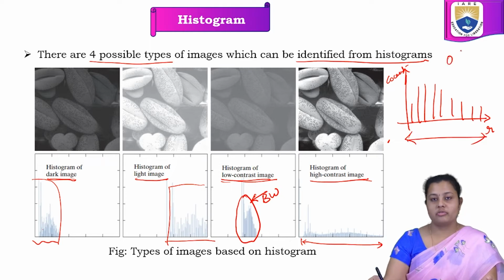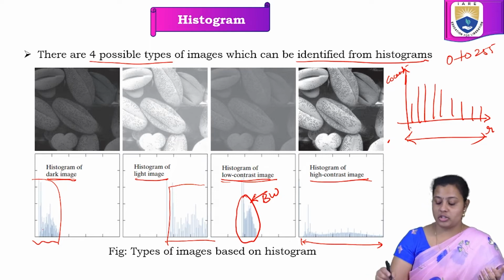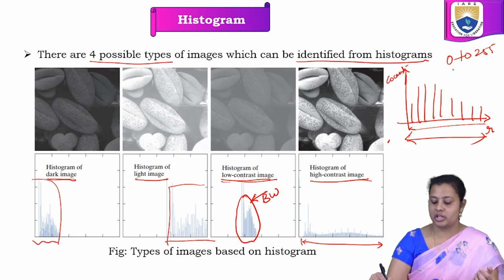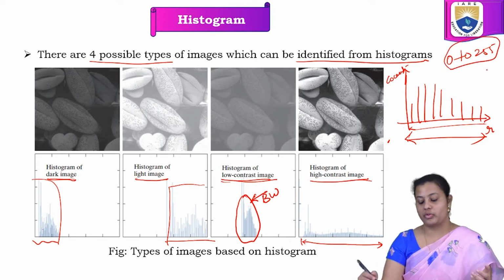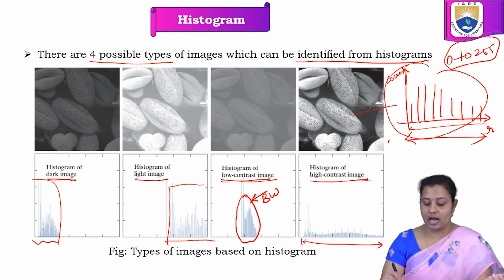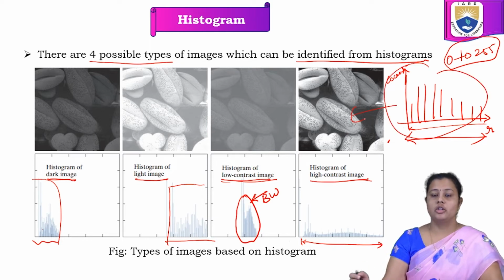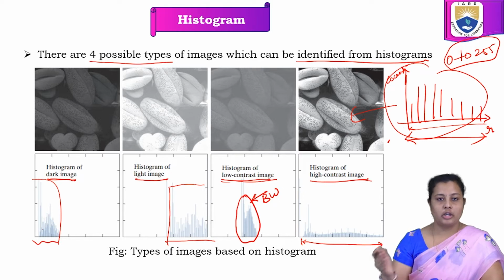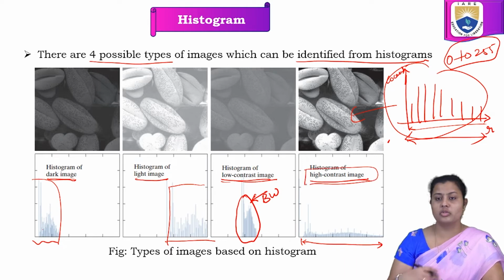If the plot is uniformly distributed all throughout the intensity values, say my possible values are 0 to 255 and I have an image where every pixel value ranges between 0 and 255 and is uniformly distributed, then such an image is a high contrast image, right? So based on my histogram I can divide images into 4 parts: the dark image, light image, low contrast image and high contrast image. High contrast image is the most important